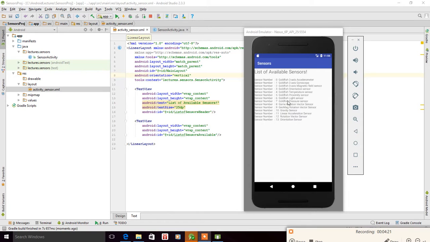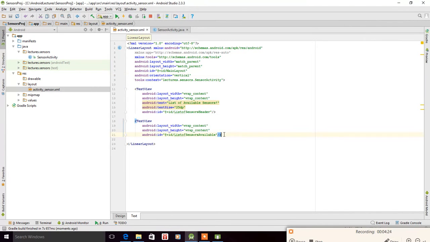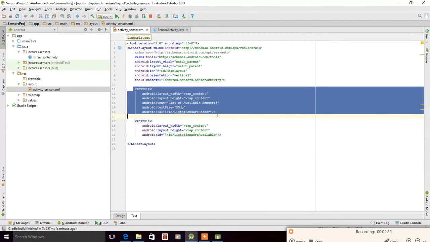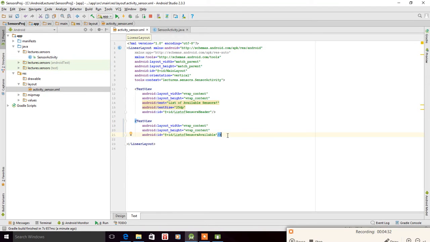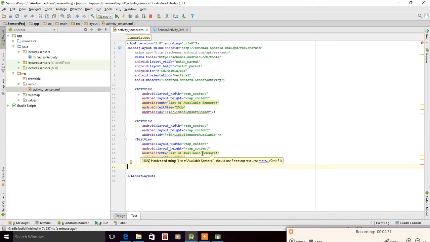And so that's it. Now what we want next is another text view below it, which will give us, for example, the value of the pressure sensor. We name our text view pressure sensor. We can have the size